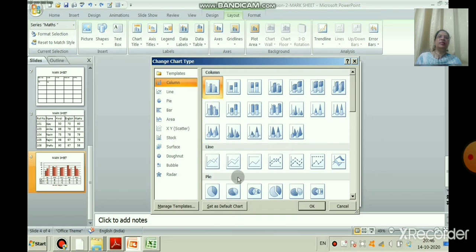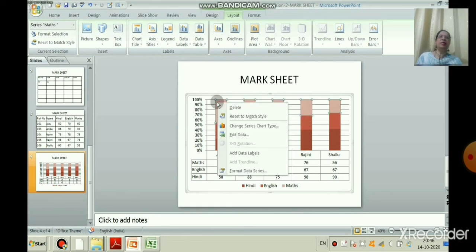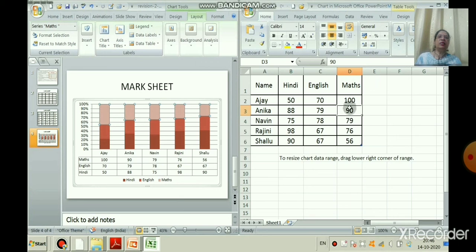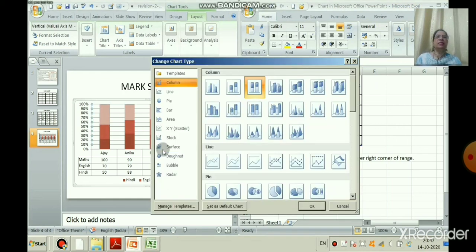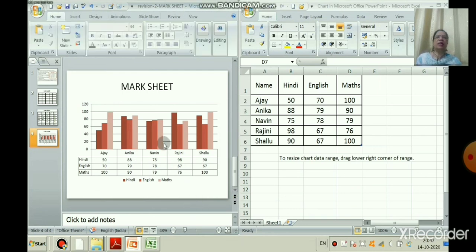You can change the chart type by clicking the right mouse button. You can also edit the data. Can you see here, edit the data? Here you can edit the data and on the left hand side you can see how the chart is changing. I have put 100 there, and you can right click and select a different chart.